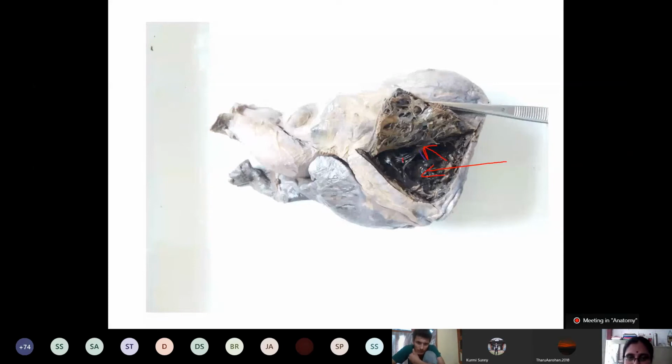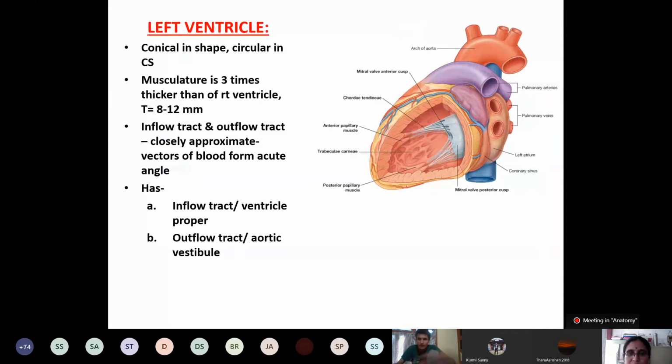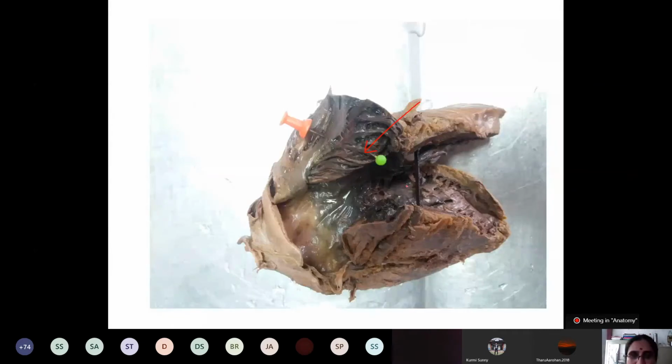If we ask about this one, these are the chordae tendineae. Now my dear student, here you can see this is the trabeculae carneae. If we ask to identify the plane, what is this? Trabeculae carneae. Again I repeat, what is this my dear student? Trabeculae carneae here. Then this is on the right atrium here. The moderator band is not shown properly here, so we have the anterior papillary muscle here.